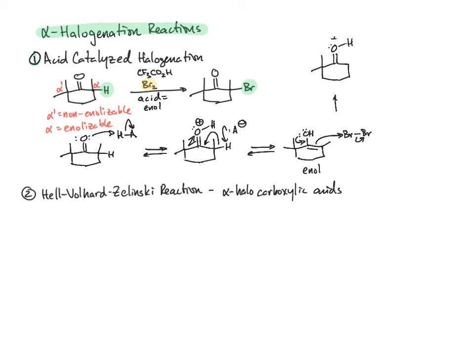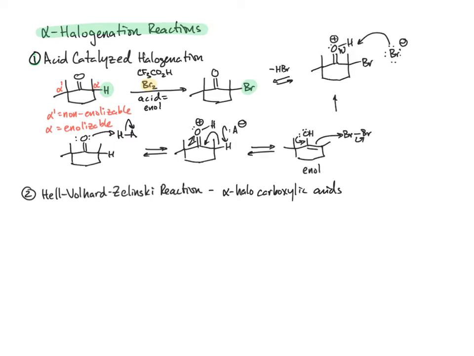We have our protonated carbonyl. We've done our substitution. We have the bromide anion balancing out the charge. We can then show that being the conjugate base to abstract that acidic proton. And that's how we end up with our product,